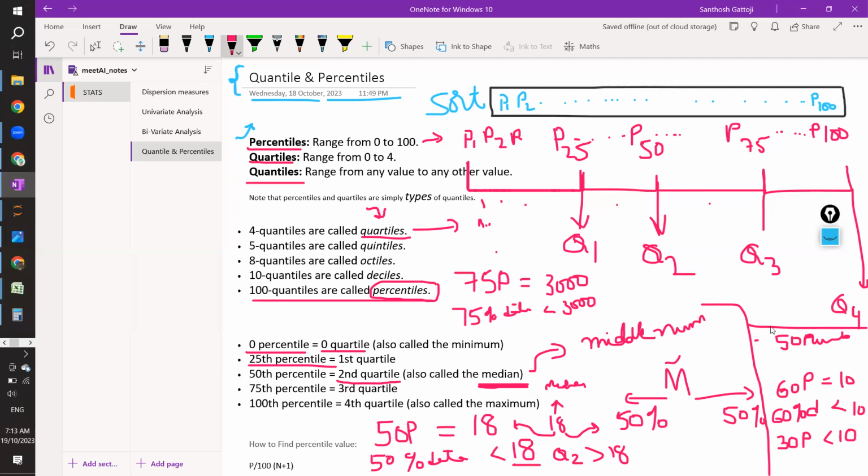Overall 50 people are there. I don't know the distribution or the type of the data. It could be all old age people, all adults, or all kids, and based on that I should prepare the dinner. But to understand the importance of percentile, if I just say in a single line that 60 percentile equals 10, I can quickly understand that 60 percent of my data, that means 30 people,